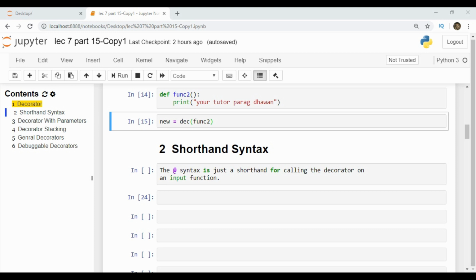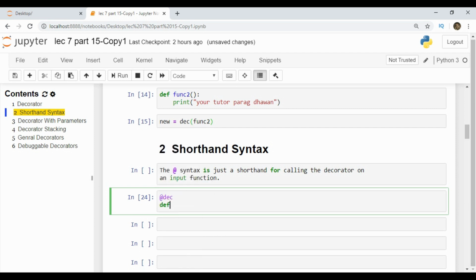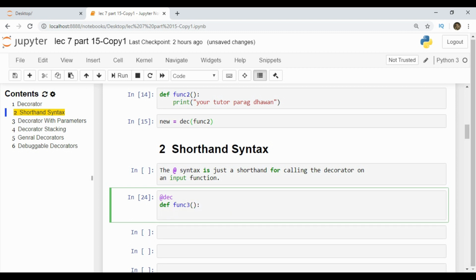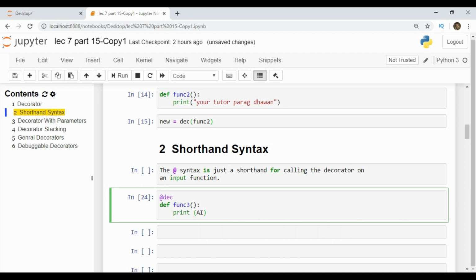If I want to write a decorator for func3, at the rate, it should be wrapped by the decorator function dec, and then I define the function def func3, and in this function I print AI data visualization.